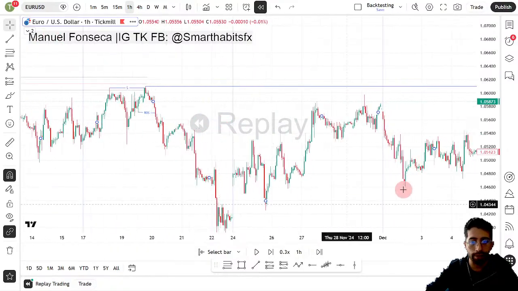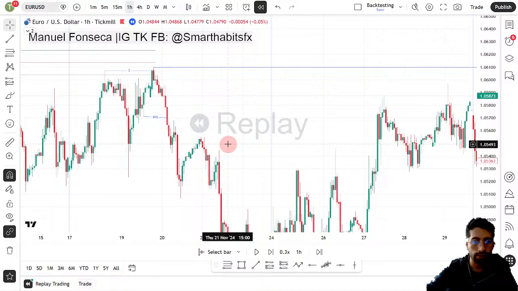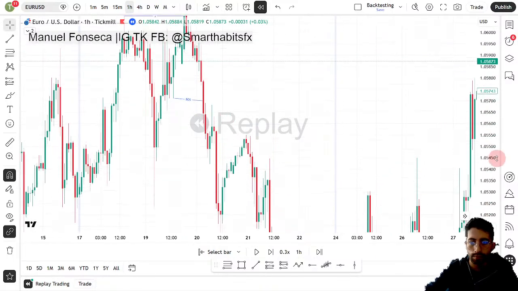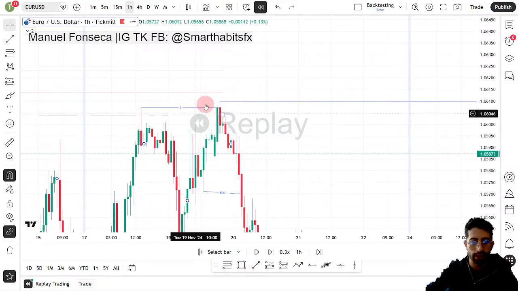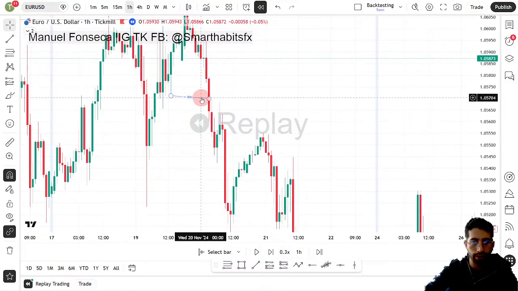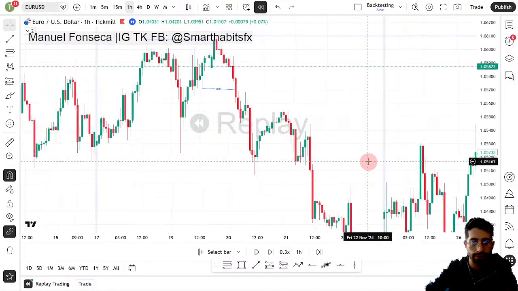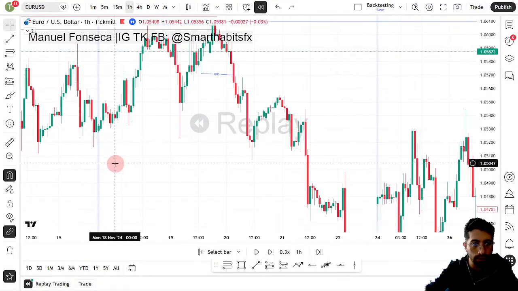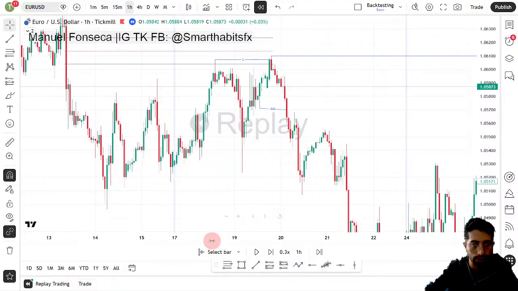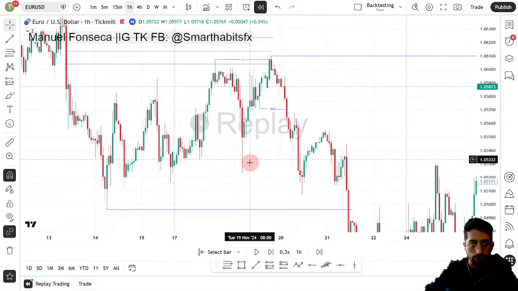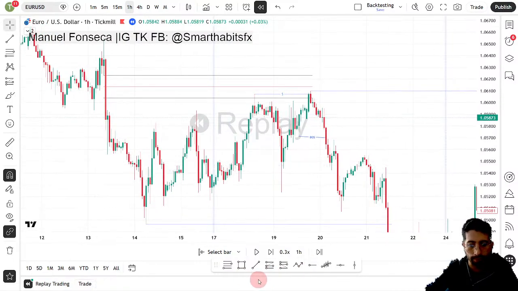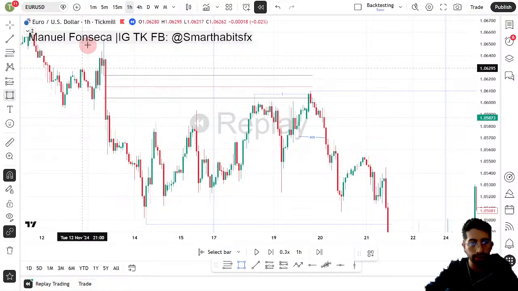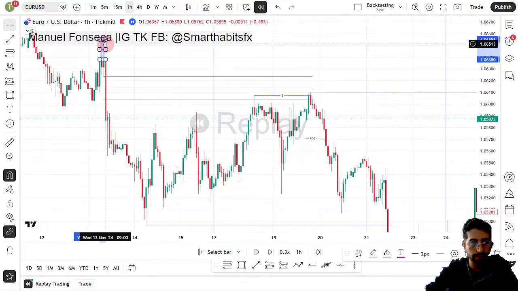Let's try to update it a little bit more. So we got here the beginning of the range, very clear. So it's the beginning, liquidity, then we have the break of structure right here. Then we're gonna look for the end of a range if that's evident. So far, the closest low was this one. Until this point, we're on a bearish trend. Why? It's very clear because we have here the beginning of a range. It starts from this point,